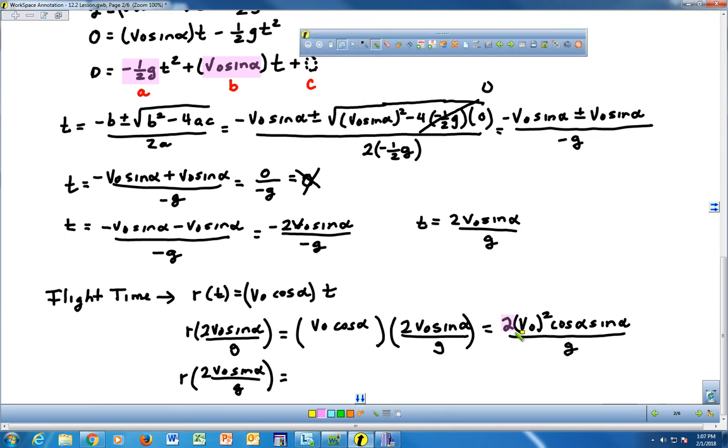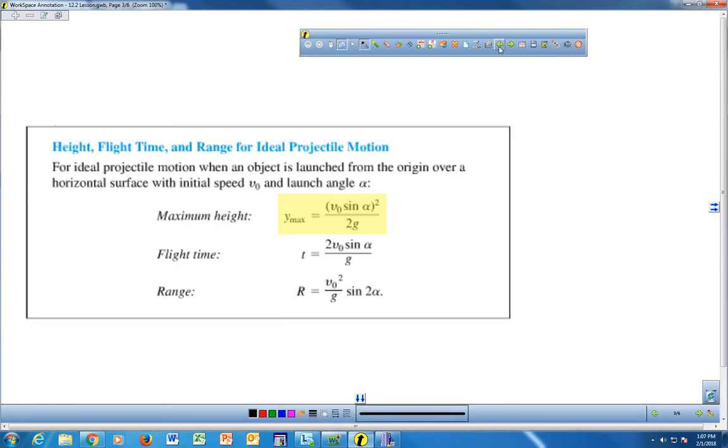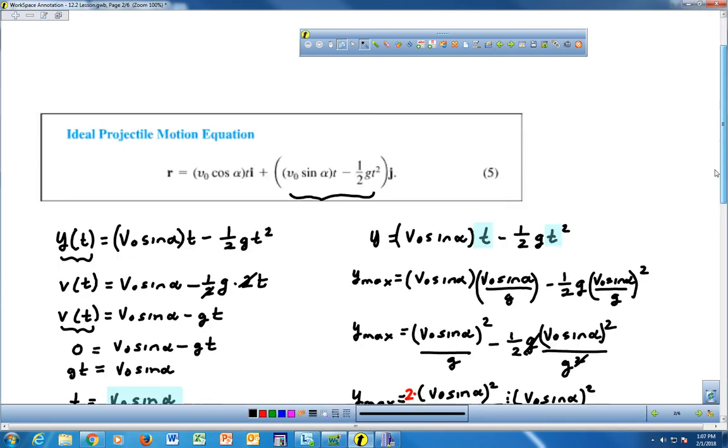Look at this. 2 sine of alpha cosine of alpha is the same as sine of 2 alpha. So that would be the same as the initial velocity squared divided by the gravity times sine of 2 alpha. This formula is going to calculate for us basically the horizontal distance that the object is going to cover. Well, the flight time, first of all, we found it through the first, well, that's not the